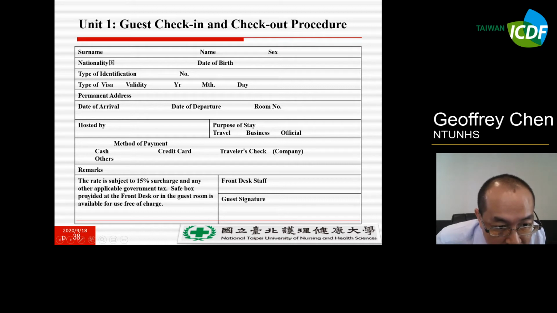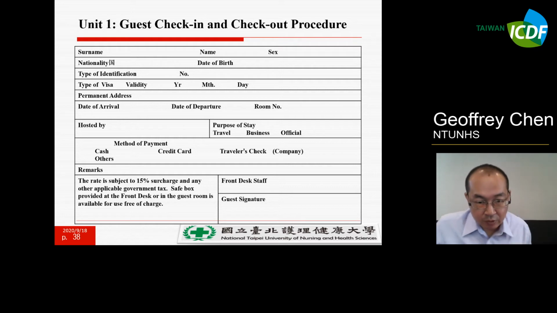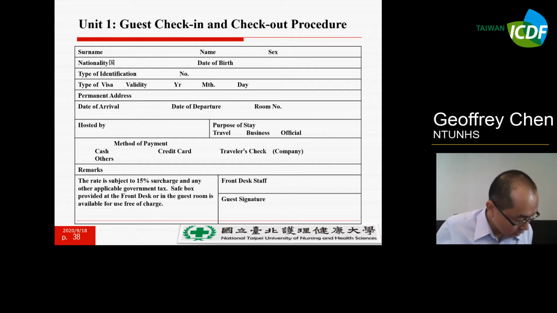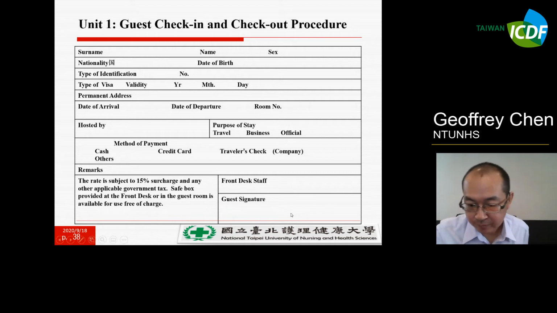A safe box provided at the front desk or in the guest room is available for use free of charge. Then make sure the form has no problems, and tell the guest to sign here.